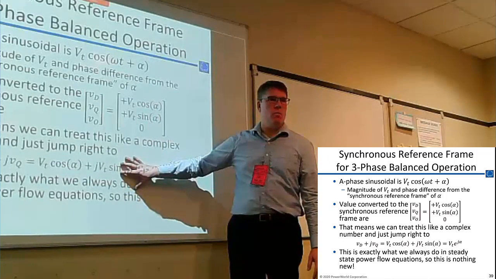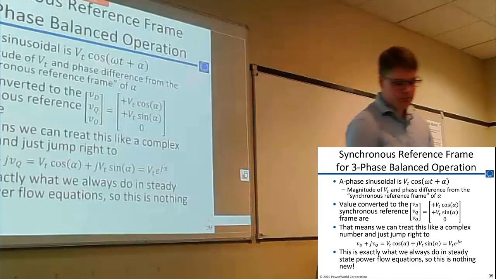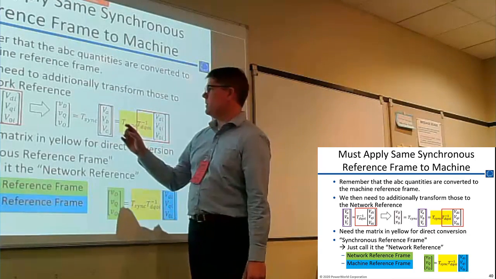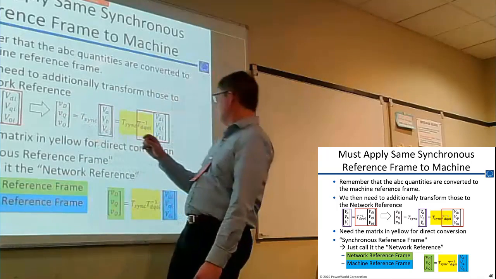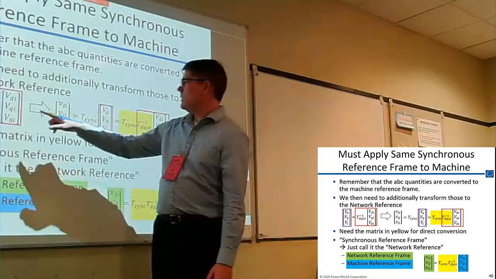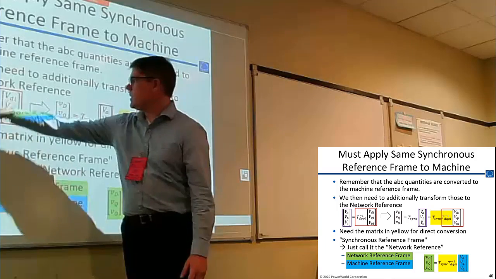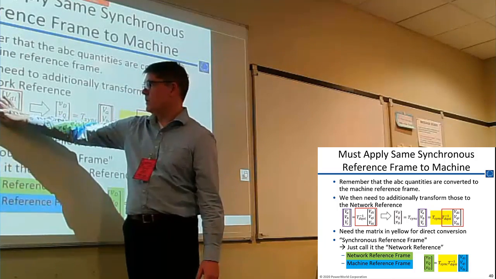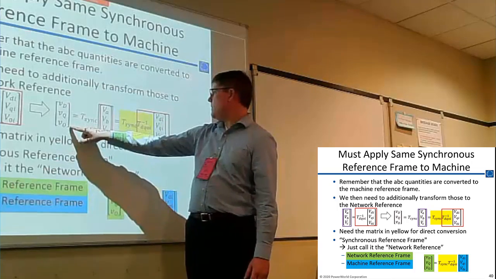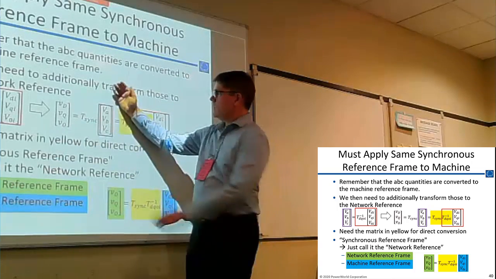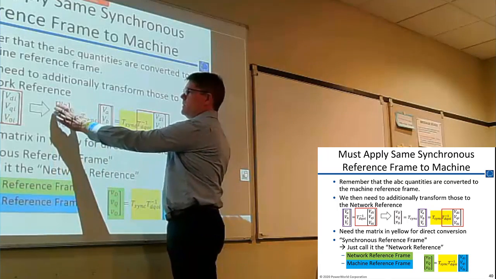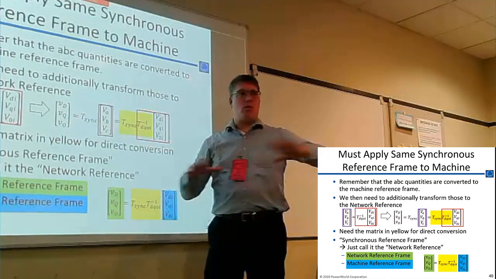Okay, so that's great. That takes us from, I have this. This is what we talked about earlier. This was the DQ0 transformation on the rotor. Then I have a transformation here that takes the ABC values and turns them into a DQ0 across the whole system. It's standard across everywhere. I can then take,